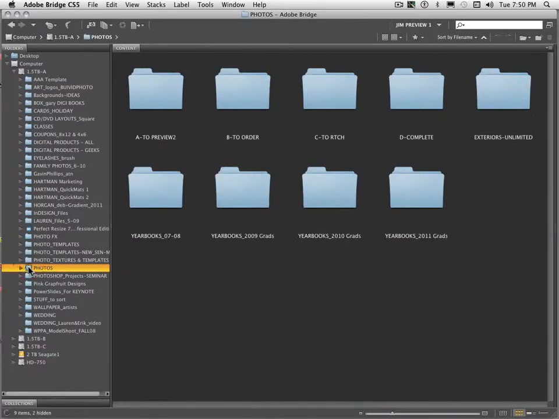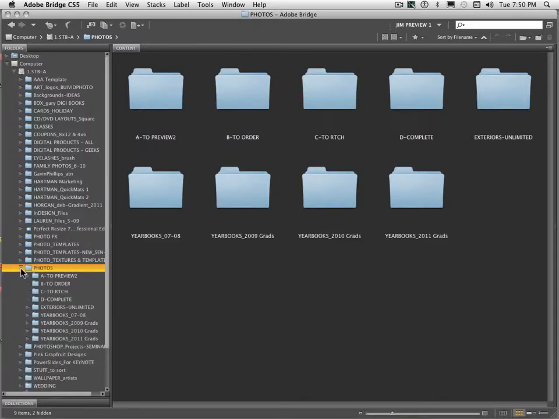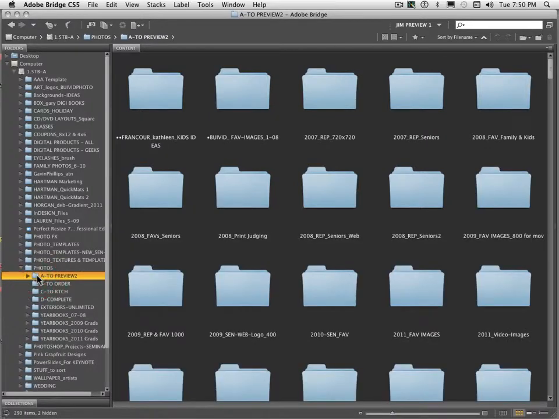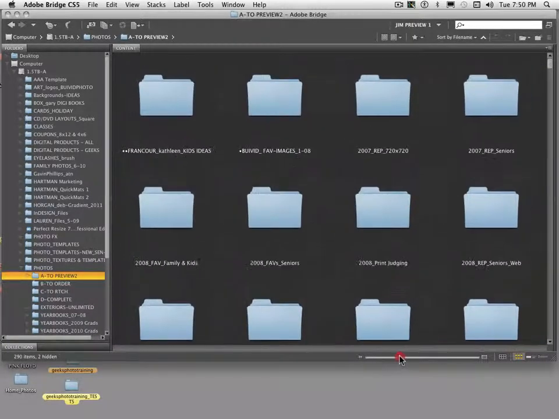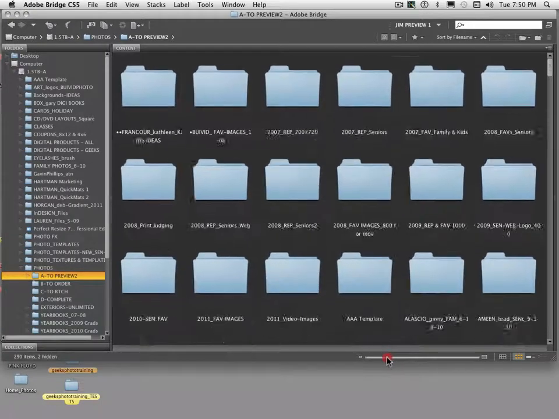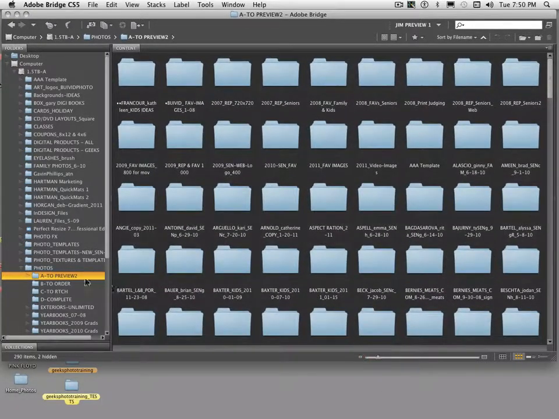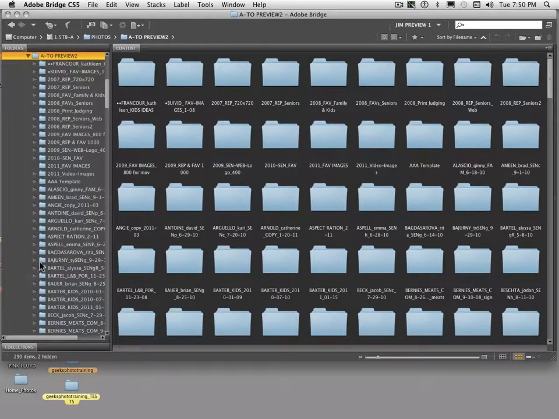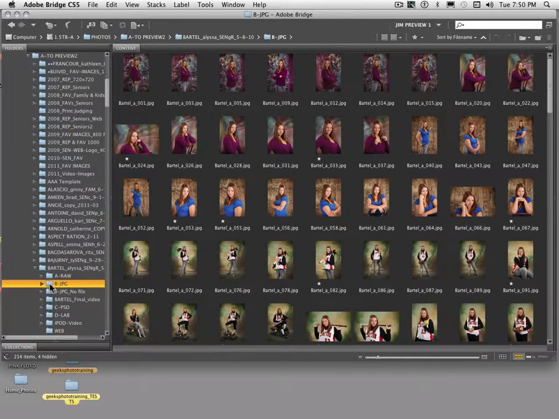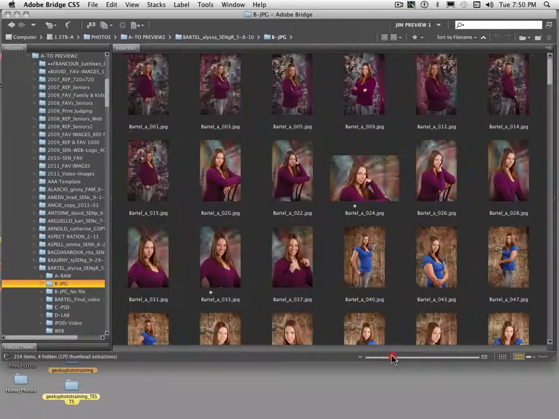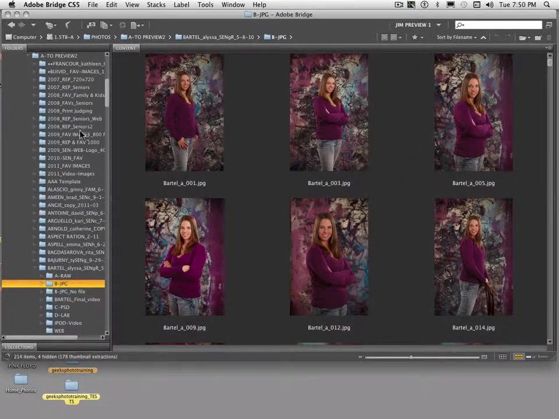So if I'm looking for files that are located in my Photos folder, I just click there. If you hit the triangle, you can go into the different folders that are available. Now if you come down to the very bottom here, I'm going to bring it up a little bit so you can see where I'm grabbing. I'm using the slider down here to make my image files bigger and smaller. If I open up a specific folder and grab some images, there we go. So now you can see how easy it is to make the images a little bit larger